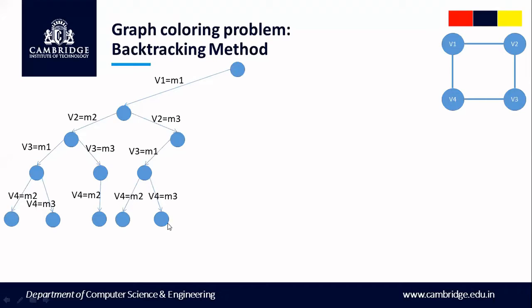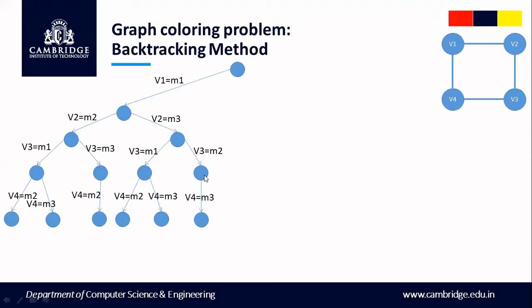So we'll explore M2, then once again backtrack and change V4 to M3. Then once we explore, we backtrack and try to change V3, vertex 3. So vertex 3 can also have the option of M2. So therefore V3 is assigned with M2. Then once V3 is assigned with M2, V4 can be assigned with, there are two different colors, no? V1 has one color and V3 has another. So therefore V4 is left with only one option. M3. Because V1 is M1, V3 is M2. So V4 is left with the option of M3.